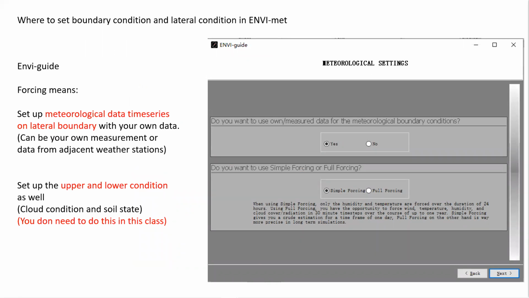And after you have finished the model, you go into Envi guide to set up your simulation. The first thing it asks you to set up is your meteorological boundary conditions. And it's using the words of